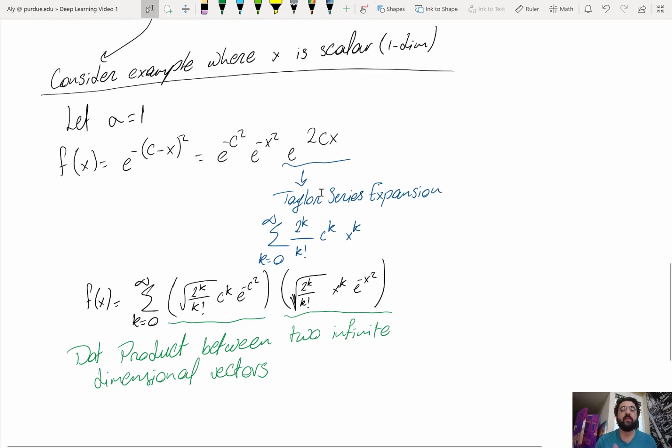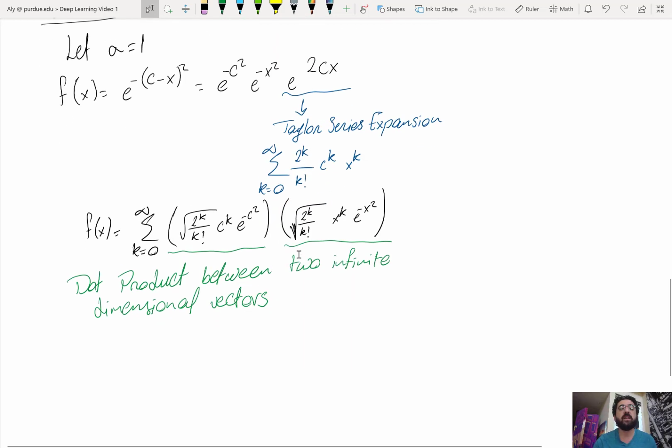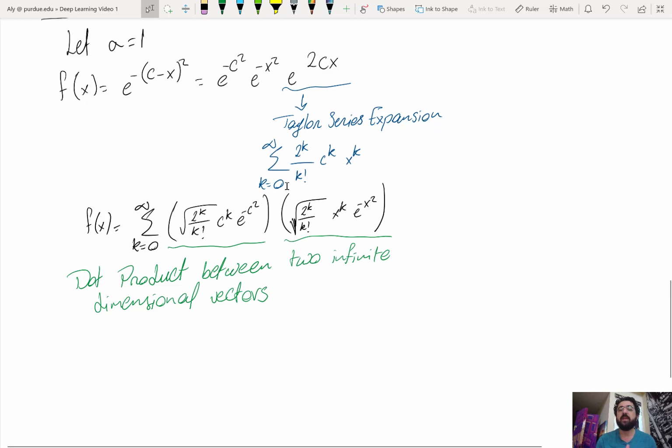Now if I decompose this e to the 2cx through a Taylor series expansion, I get an infinite sum, an infinite sum of 2 to the k over k factorial times c to the k times x to the k. Now, if I play with this whole equation, e to the minus c squared times e to the minus x squared times an infinite sum of 2 to the k over k factorial, c to the k, x to the k,